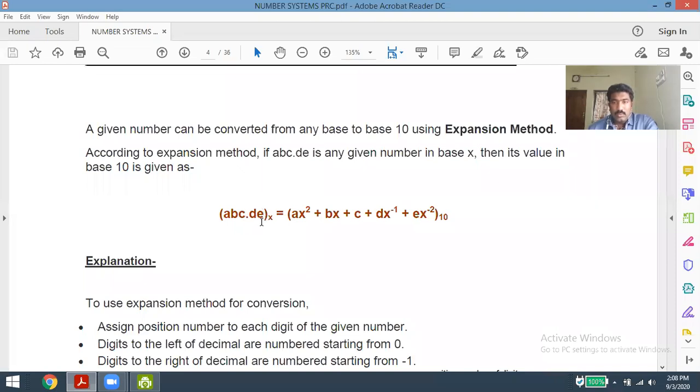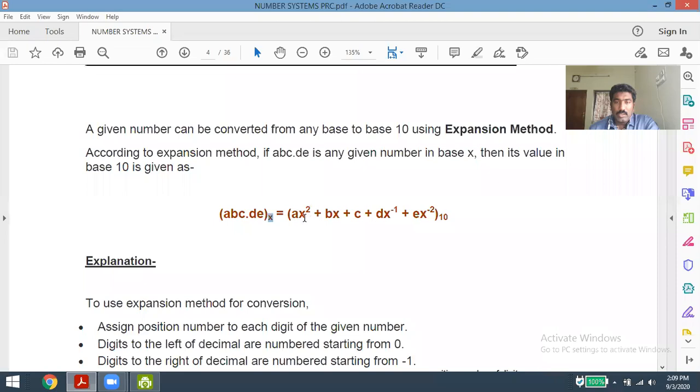First of all, identify the point values, the fractional values. D and E are the fractional values here, that is, after the point, and before the point we have A, B, C, which are called real values. Now take the 0th bit, that is the first bit before the fraction point. So take C and multiply C with the base value x to the power 0. Whatever base is given, let it be x. So C into x power 0 plus B into x power 1 plus A into x power 2.